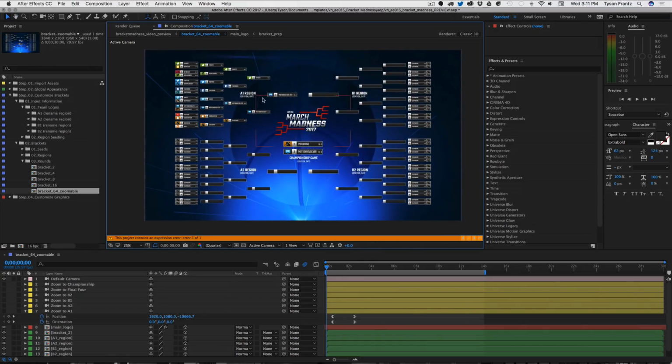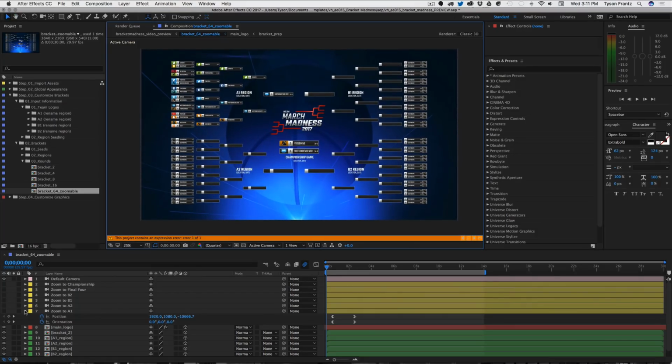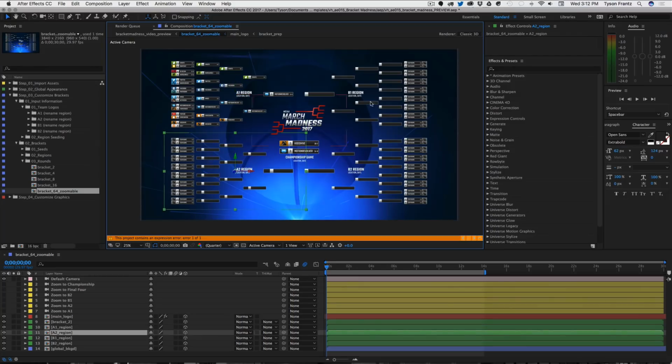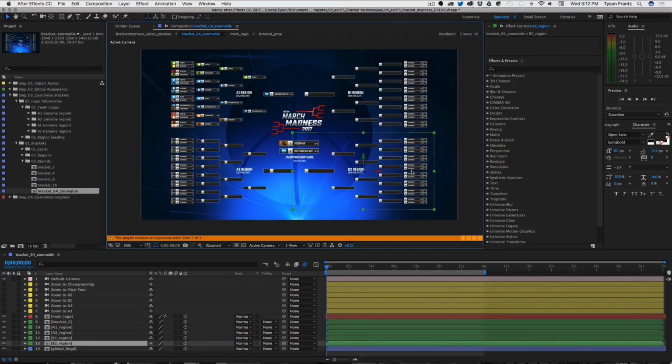So this region was already customized by me for the preview video, so that's why it is filled in and the rest aren't. But going back to why there are 4 folders within these team logos. The 4 folders, A1, A2, B1, and B2, represent the different quadrants of this 64-team bracket. So A1 is this region here, A2 is this region here, B1 is this region here, and B2 is this